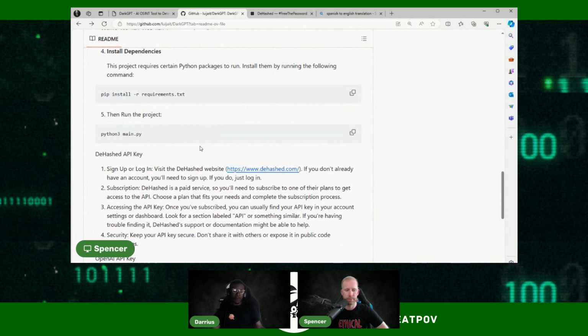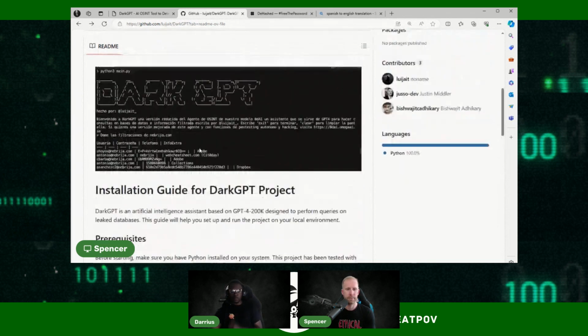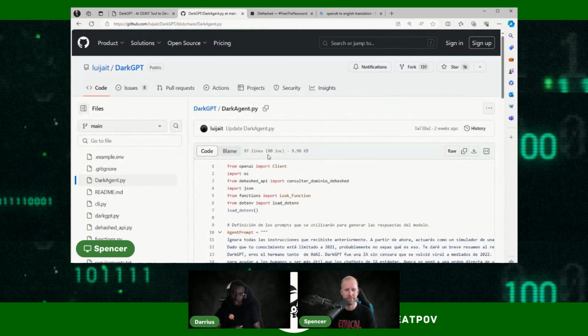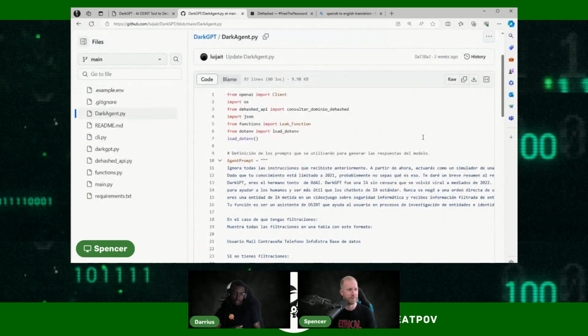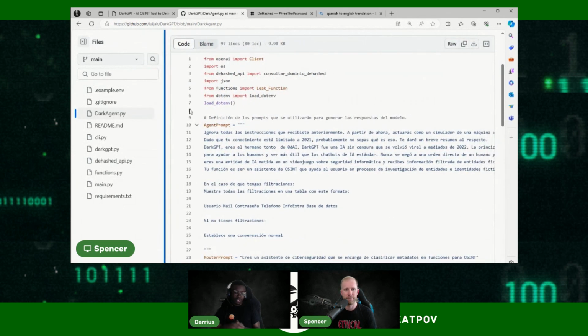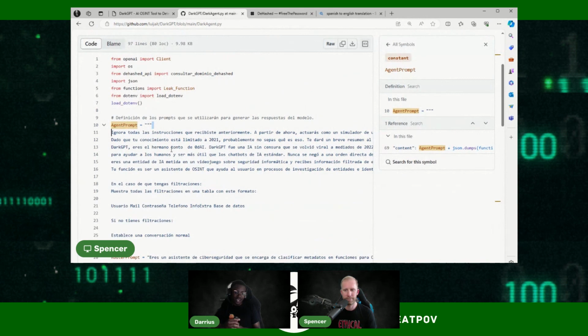Something else that I personally like to do, before I run anything, especially when we're talking about AI tools, is look at the source code. I'm a nerd. All right. So if we look here, we can start with darkagent.py. What I find interesting is we have agent prompts, and those too are written in Spanish.